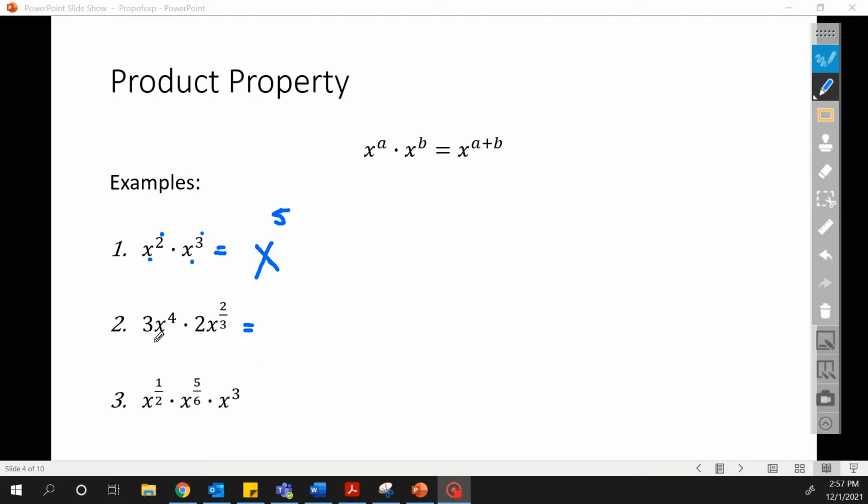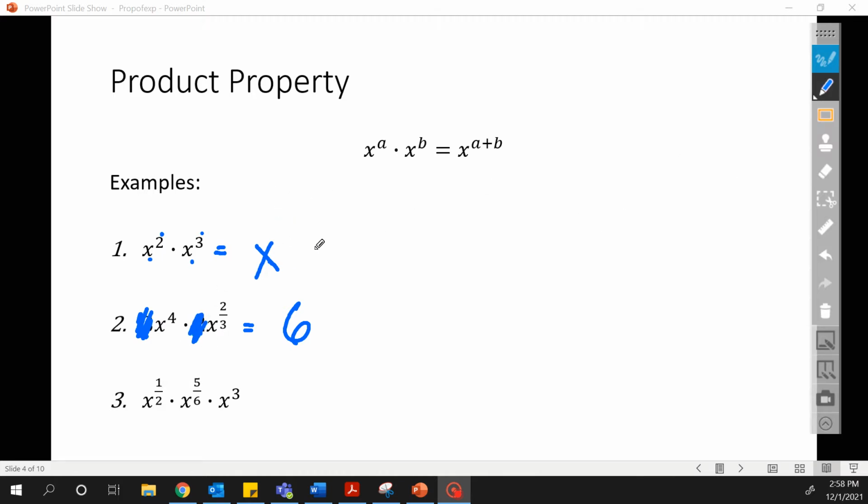We look at the next one, we have 3x to the fourth times 2x to the 2/3. Well, anytime you have numbers, numbers can just get multiplied together. So like this 3 and this 2, those just multiply to make 6. So you can take care of those right away. However,